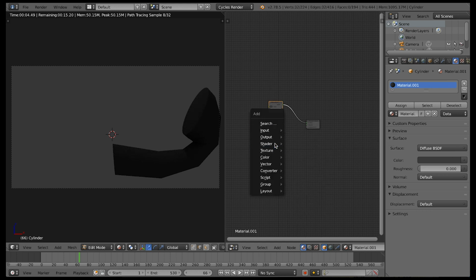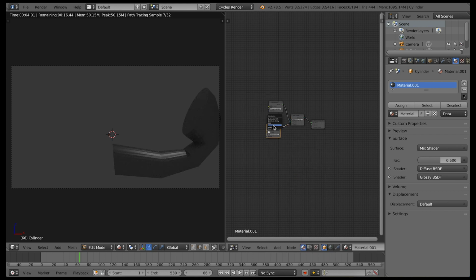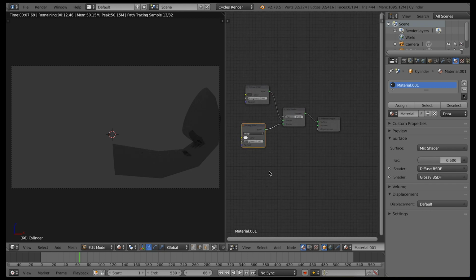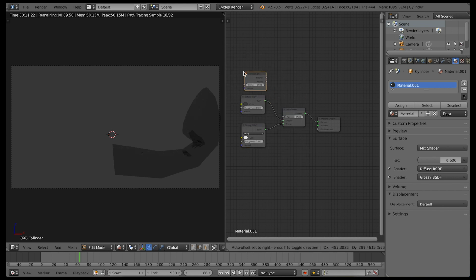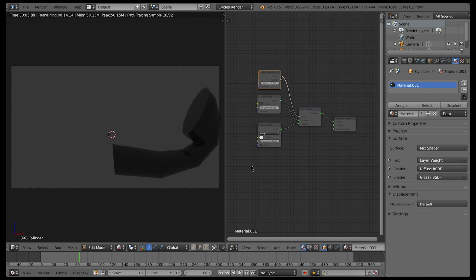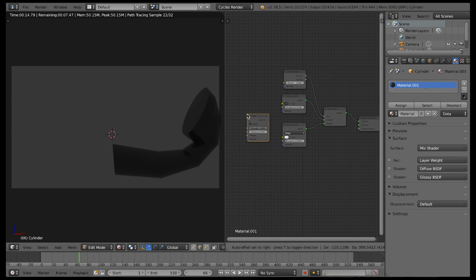We're going to make the diffuse a dark grey, and we're going to Control A, add a mix shader, Control A and add a glossy shader, and we're going to make that sharp, and take the roughness right the way down to 0, or 0.5, sorry, 0.05. I'm going to add a layer weight and add that into the fraction, connect it to the Fresnel. Create a bump and add that into the normals of your diffuse and glossy,